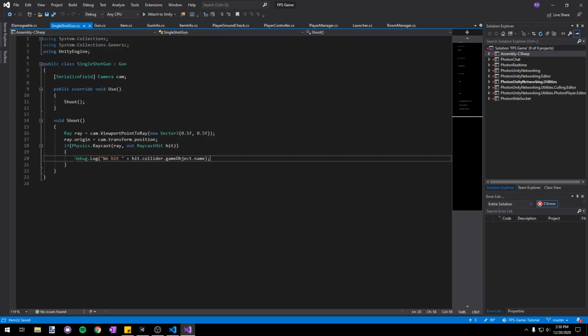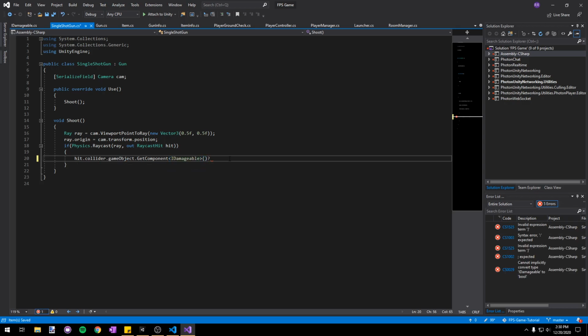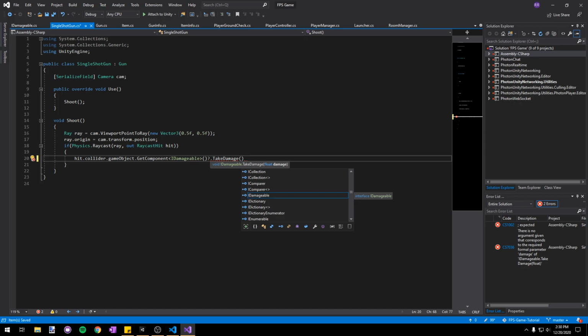In our SingleShotGun script, let's replace the debug statement with hit.collider.gameObject.GetComponent<IDamageable>, and then we're going to put a question mark after that so that the next statement only gets called if an IDamageable is actually on that object. TakeDamage, and then we're going to pass in the damage that the gun does, and we don't actually have this yet, so we're going to have to go to our GunInfo script,